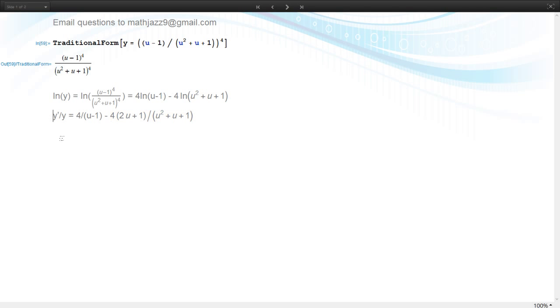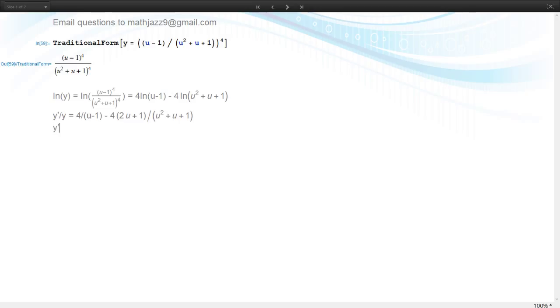So this here is our derivative divided by y, not our derivative. So we have to multiply by y to get our actual derivative at the end. The derivative we were looking for. And we remember that y is equal to our original function. So we're going to multiply by this on the right and y on the left,